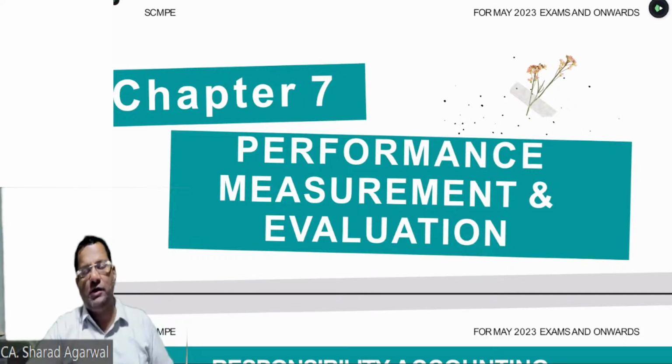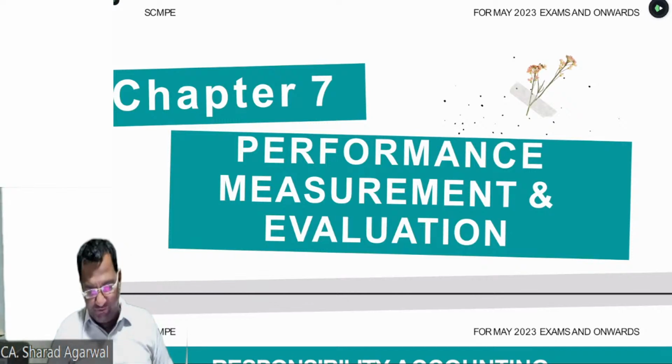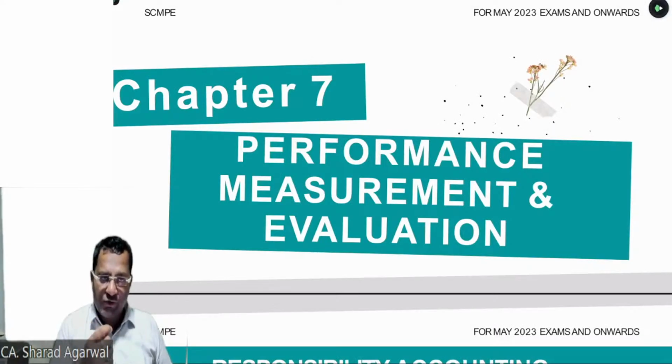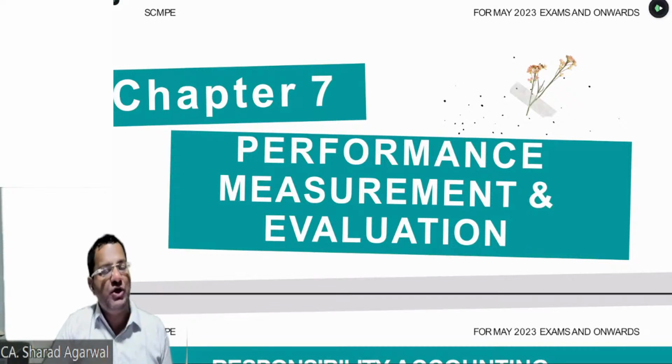So today's coverage will be: we will cover one or two questions of economic value added. Then we will proceed towards the starting of the chapter, that is, what do you mean by responsibility accounting and what are the responsibility centers. If time permits, there are a total of 4 non-financial models, and definitely we will start the very first non-financial model, that is the balanced scorecard. Clear है बेटा? तो सबसे पहले एक रिवीजन लेते हैं for economic value added.